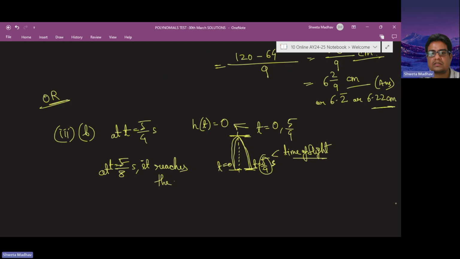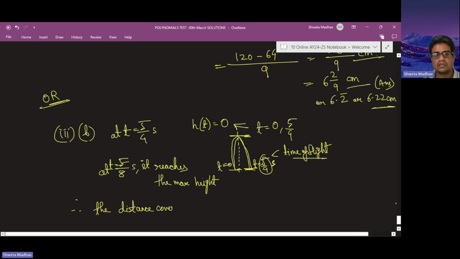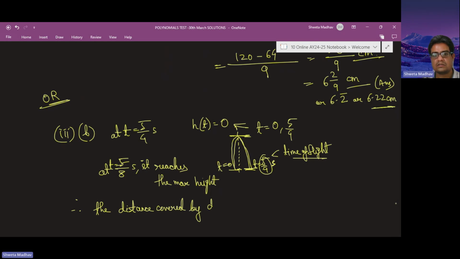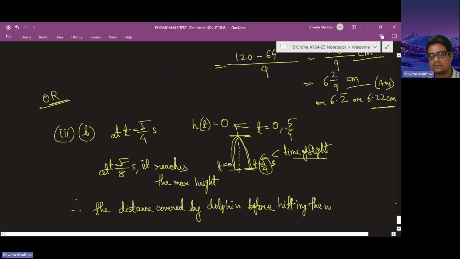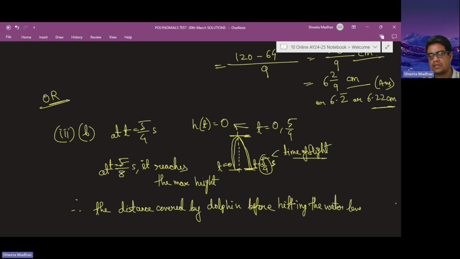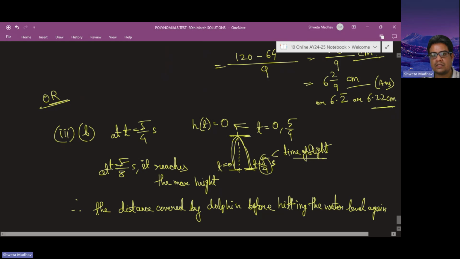Therefore, the distance covered by the dolphin before hitting the water level again